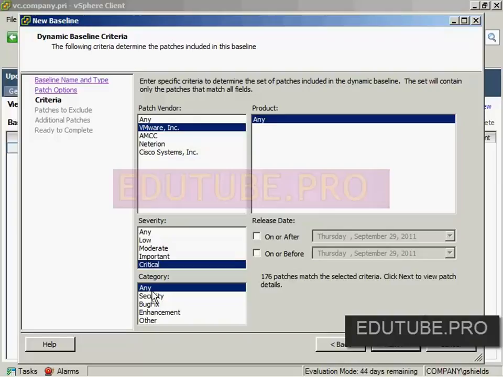I'll start here with the dynamic, and then I'll go back and show you what the fixed is. So here with dynamic, let's assume that I want just VMware patches of critical importance